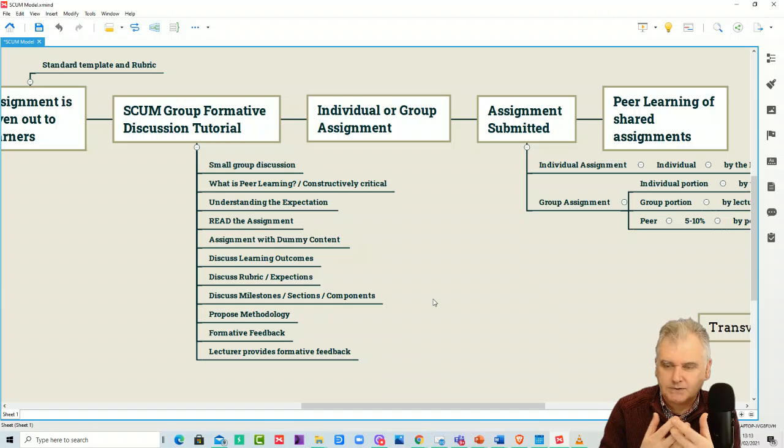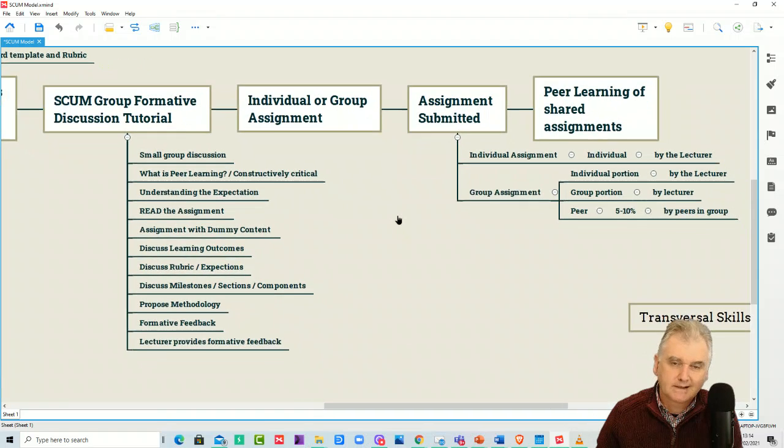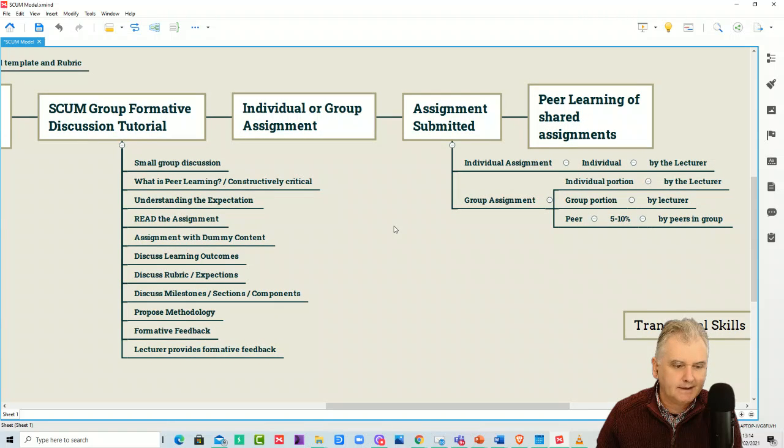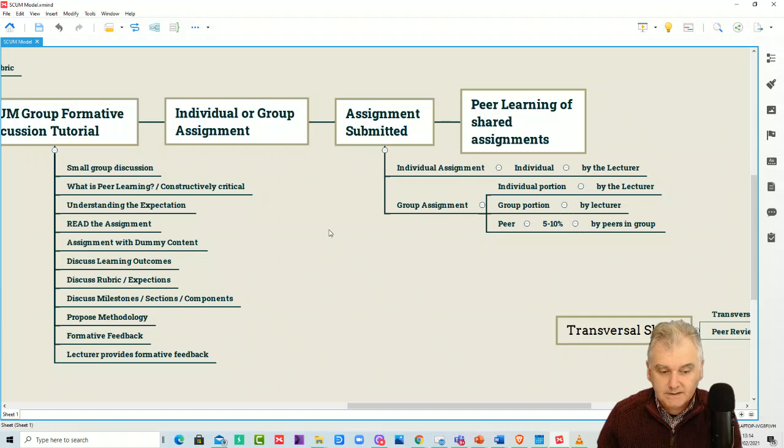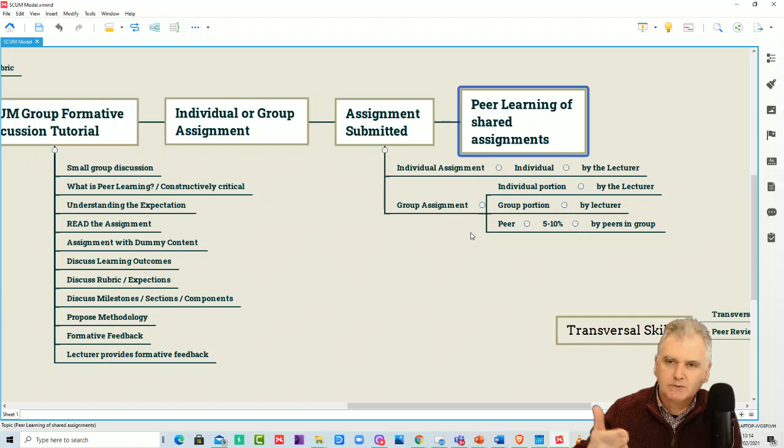We'd break people up into groups of 4 or 5 or 6, and they would discuss that, and we would give them a very defined structure. That would set them up well and clarify any issues around understanding what's required in the assignment. Then when it's submitted, either as individual or group, we would have a defined marking scheme, and we could share all of the assignments after the submission date, so people could use that as a learning exercise as well. But they obviously couldn't go back and influence their own submission at that stage.